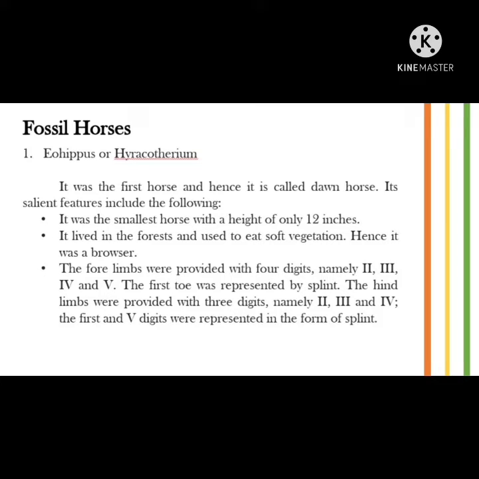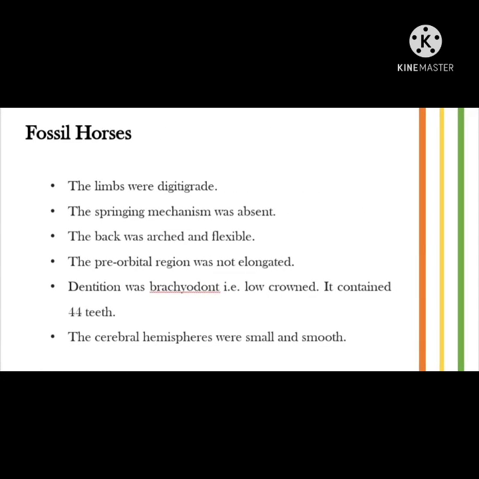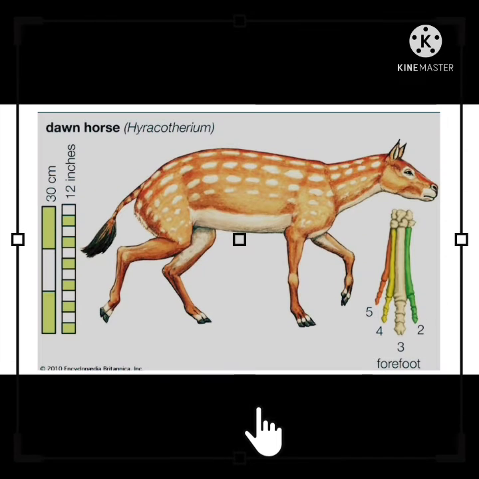It had 4 digits in the forelimb, namely the second, third, fourth, and fifth, with the first two represented by a splint, and 3 digits in the hind limb, the second, third, and fourth, in which the first and fifth digits were also represented in the form of a splint. Its limbs were digitigrade, and it had no springing mechanism. Its back was arched and flexible. Its preorbital region was not elongated. Its dentition was brachiodont, that is, low-crowned. It contained 44 teeth, and its cerebral hemispheres were small and